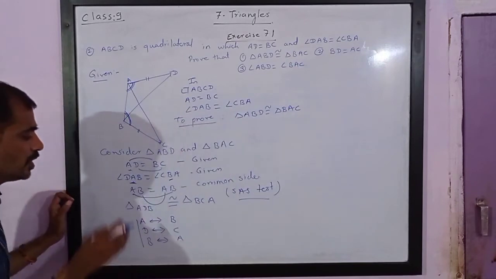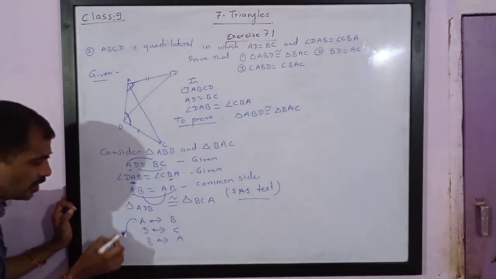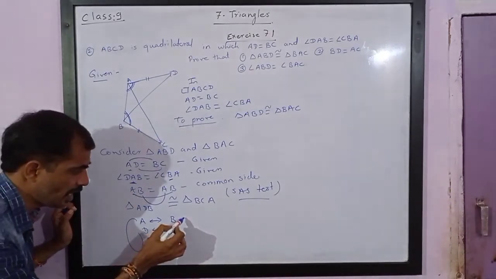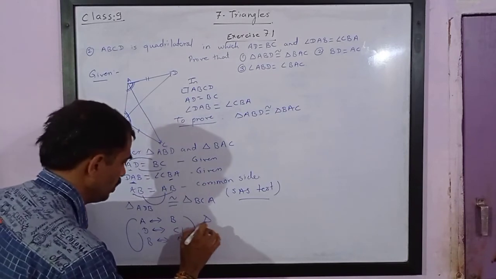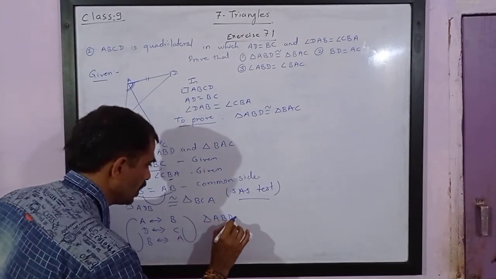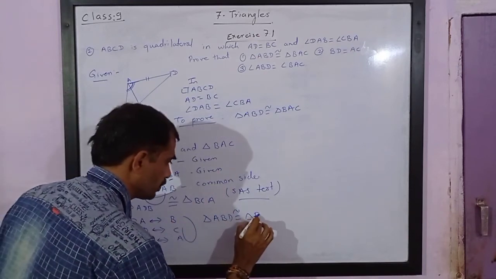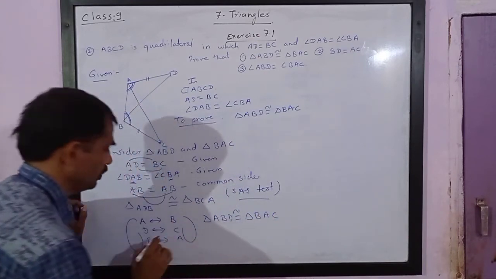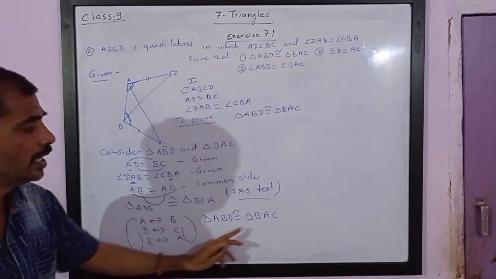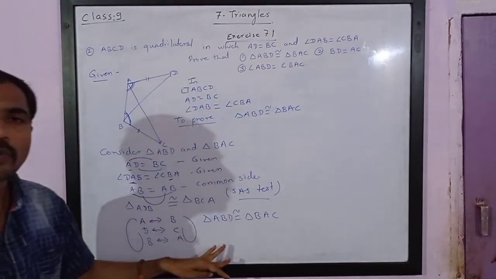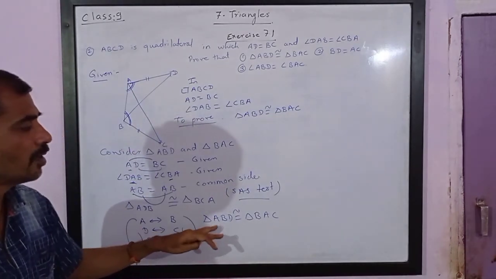That is, if the same order is changed, I want to change ABD, so I will take first, third and second. It means on this side also I take first, third and second. Therefore, I can say that triangle ABD is congruent to triangle BAC. If you write any other name, it may not be always correct. So be careful while writing one-to-one correspondence of the triangle.